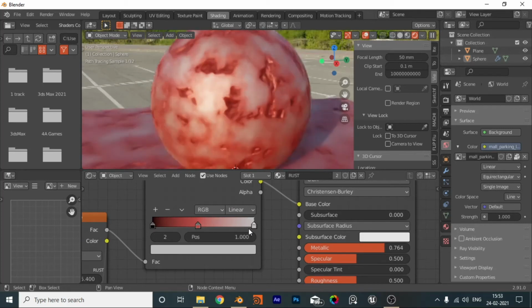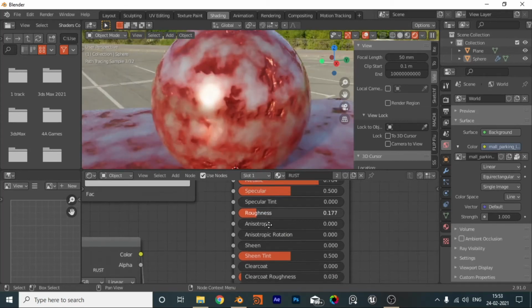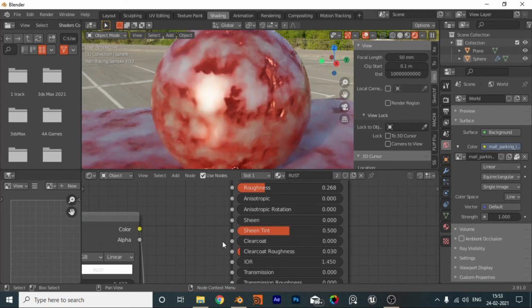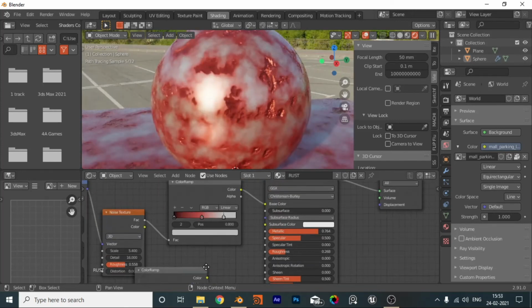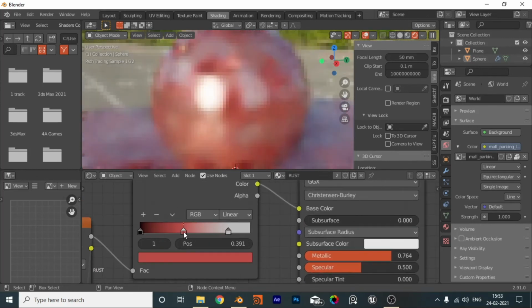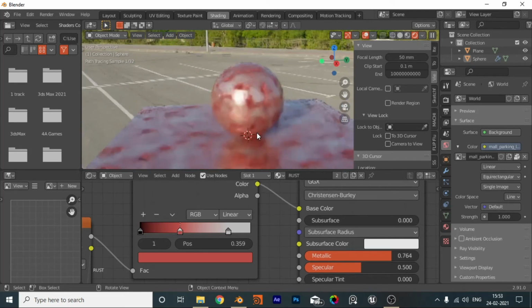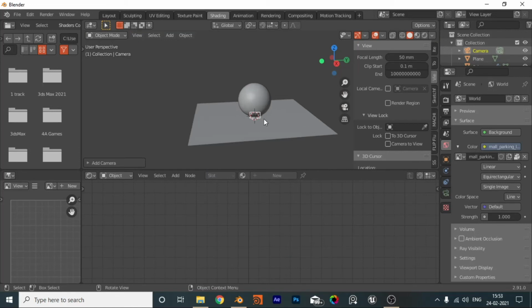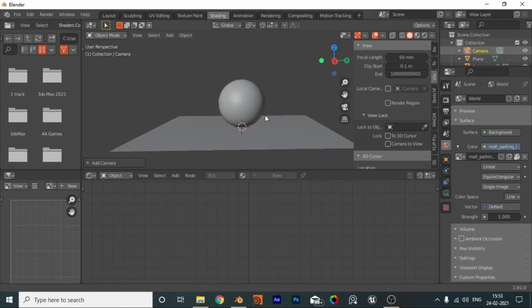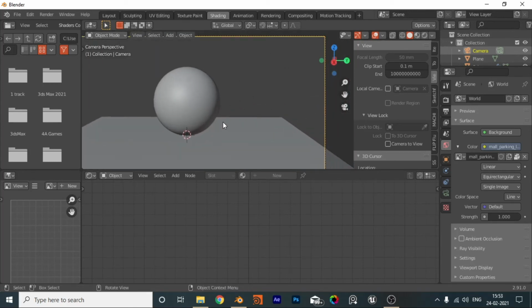I will put it just over here, and let me just crank down the roughness to make it a little bit more like metal and increase the clear coat on that. And I guess this looks nice. So yes, just a basic camera. I kind of like this setup, and we have the basic thing.